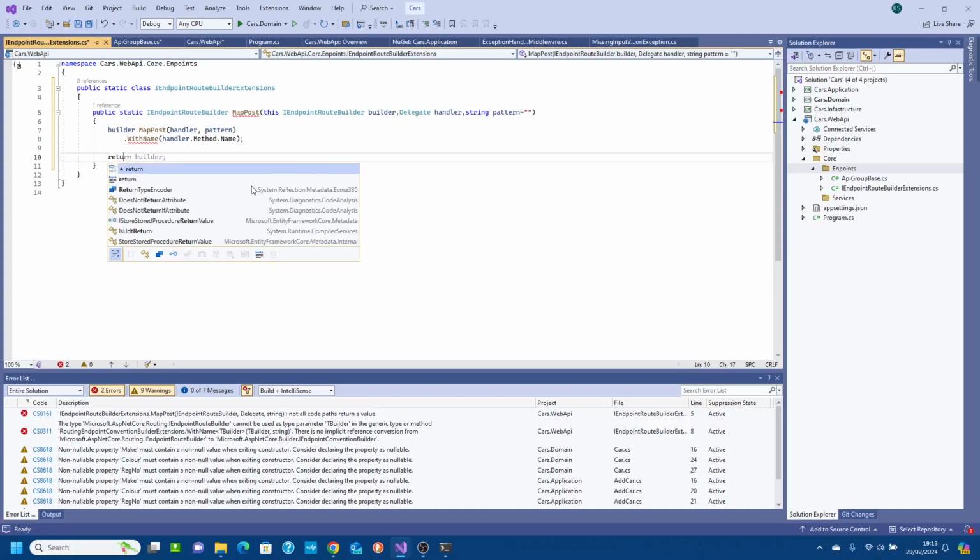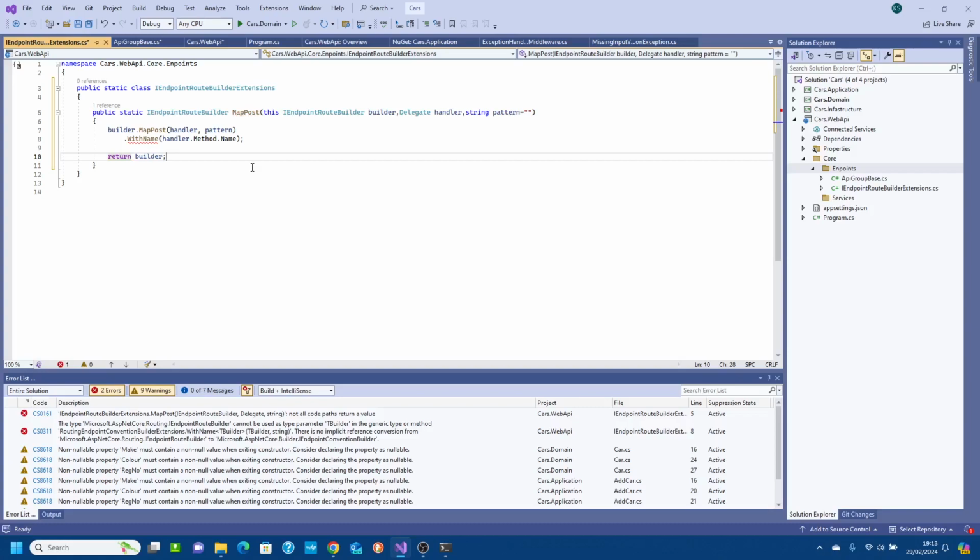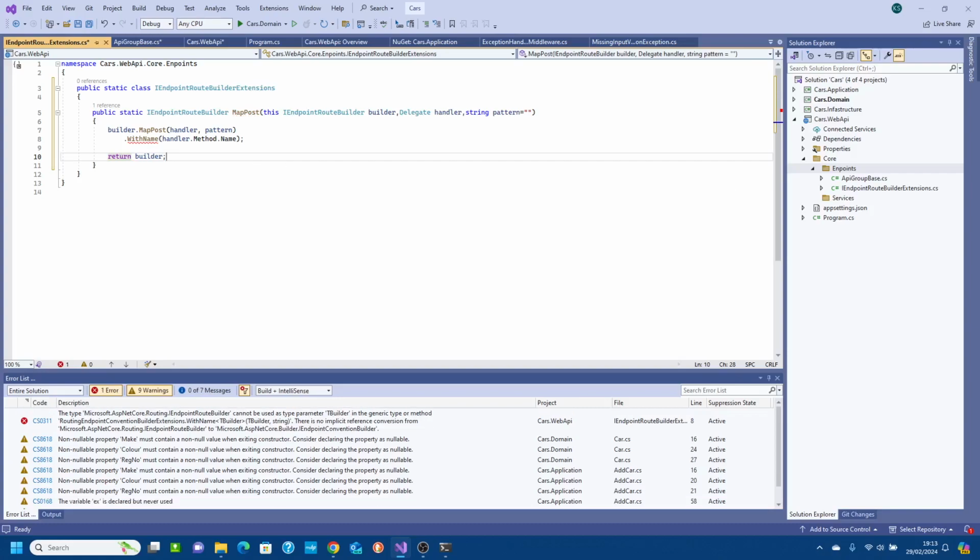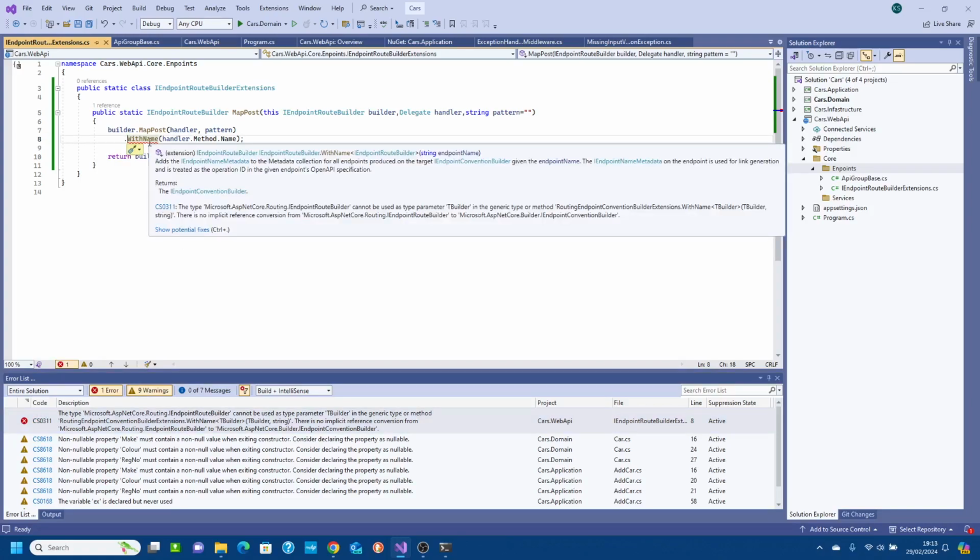So say return builder. Do that. And we're going to do that. So this is just going to do that for now. We know we've got an error, but we'll come back to that. So it's not liking that. Okay, so